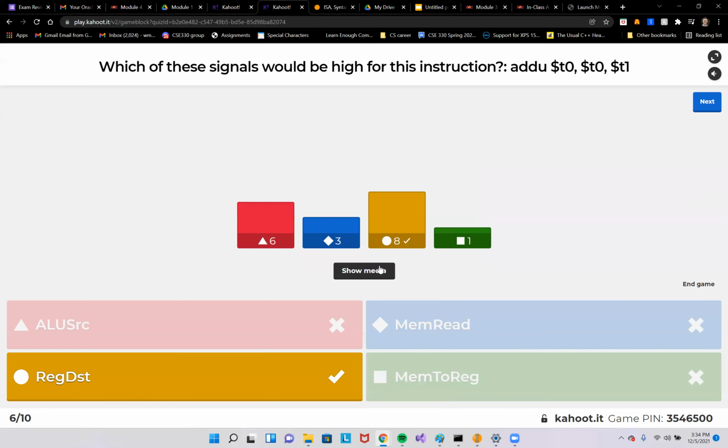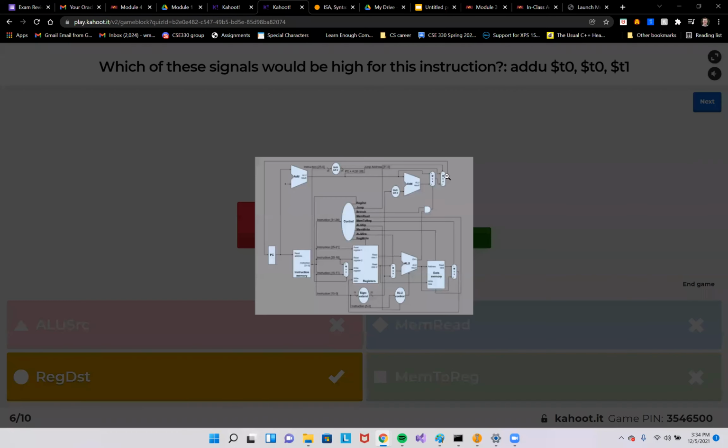All right, so for this one, we're doing an ADDU. In this case, we're not doing anything with memory, right? So we don't need the mem to reg. We're doing the reg destination because